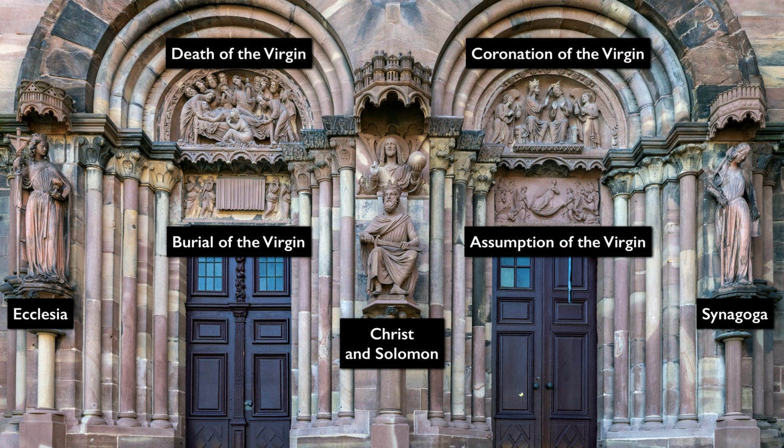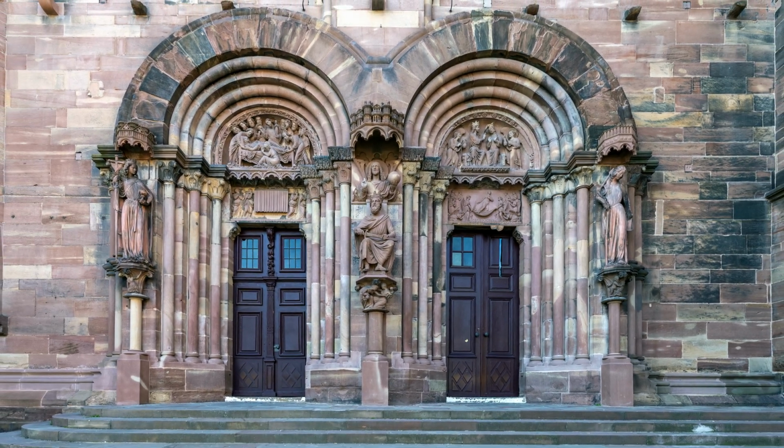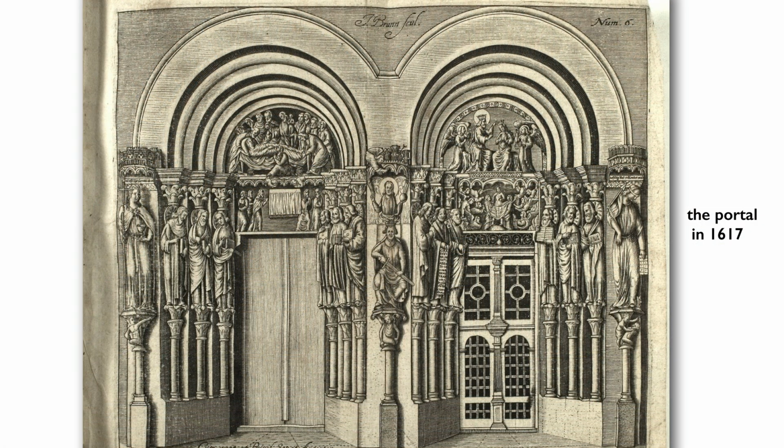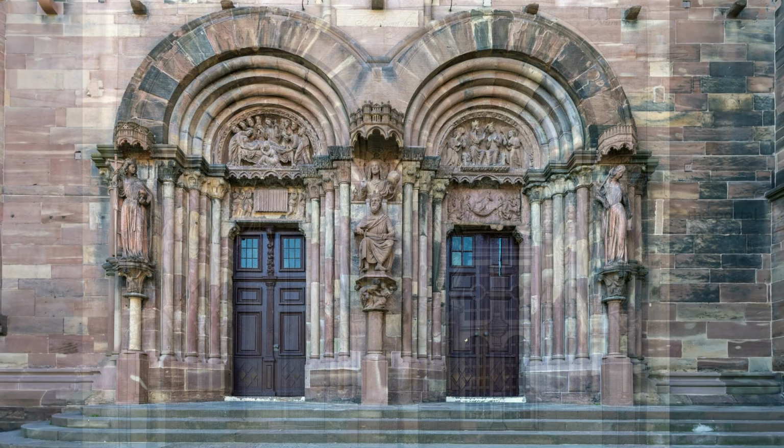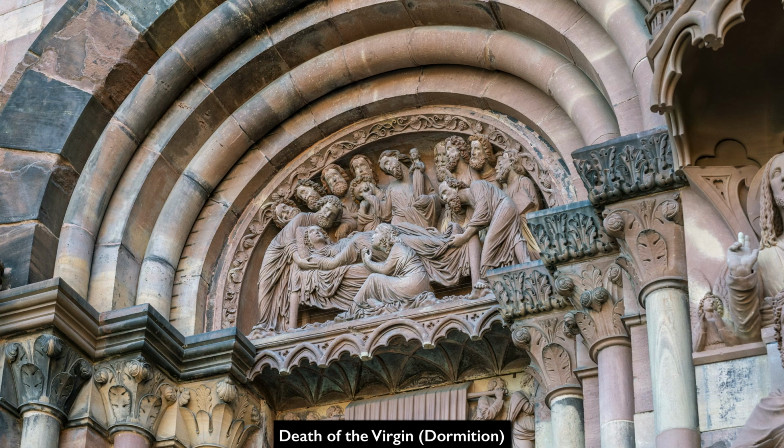There's a whole iconographic program involving the death and the burial and the coronation of the Virgin, as well as other figures, many of which were destroyed during the French Revolution in the 1790s. So we have to imagine a more elaborate portal with more figures than we're seeing here. So art historians really like to focus on this image of the death of the Virgin, sometimes called the Dormition,